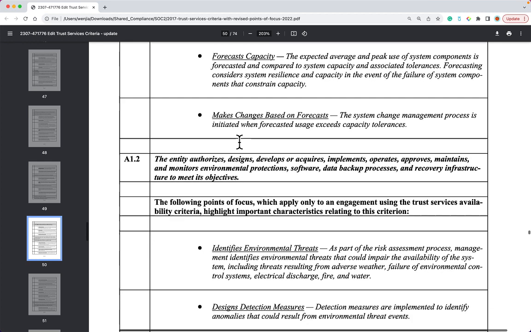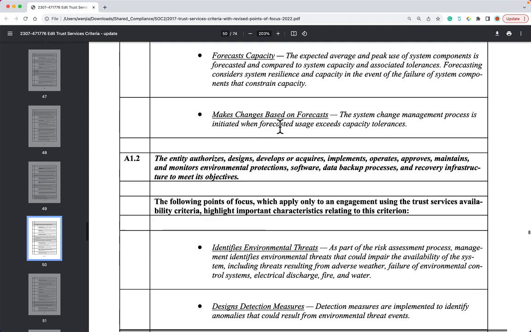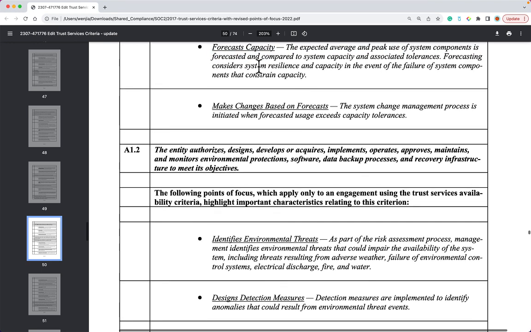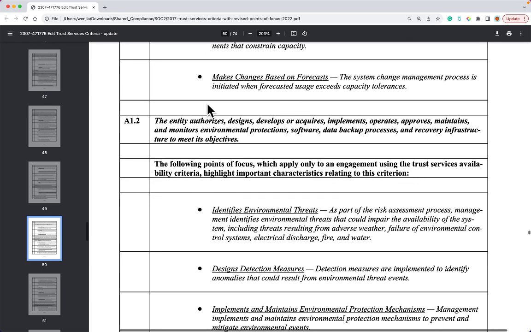The third point: makes change based on forecast. This is saying be prepared based on the former point of focus. Next,